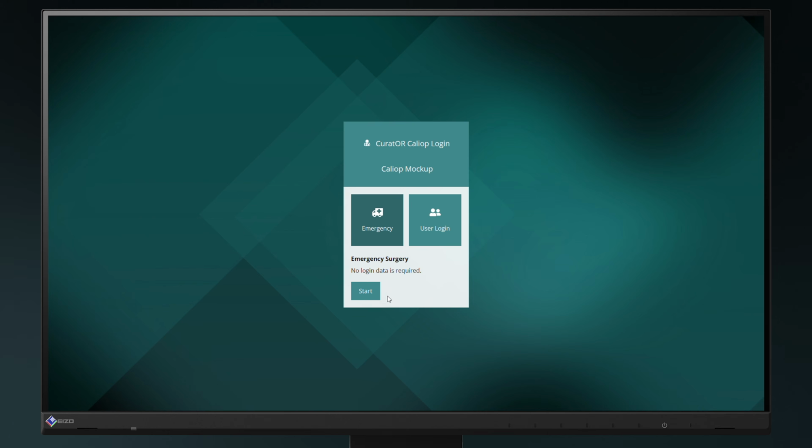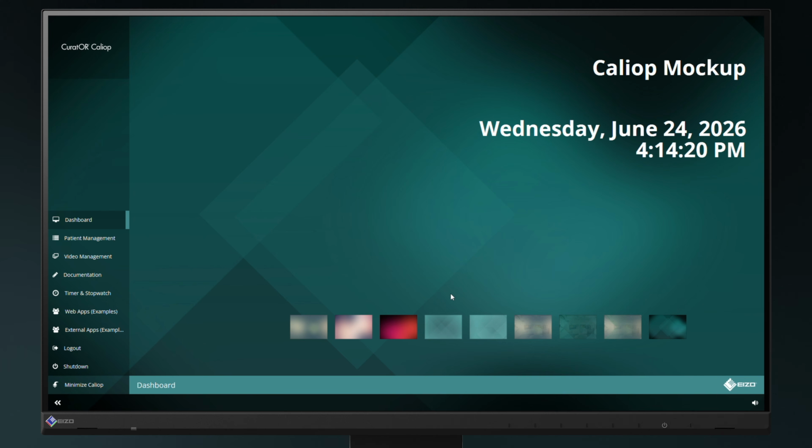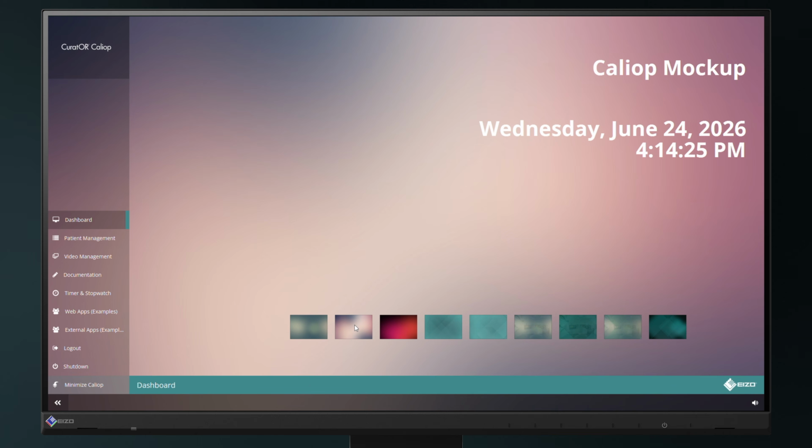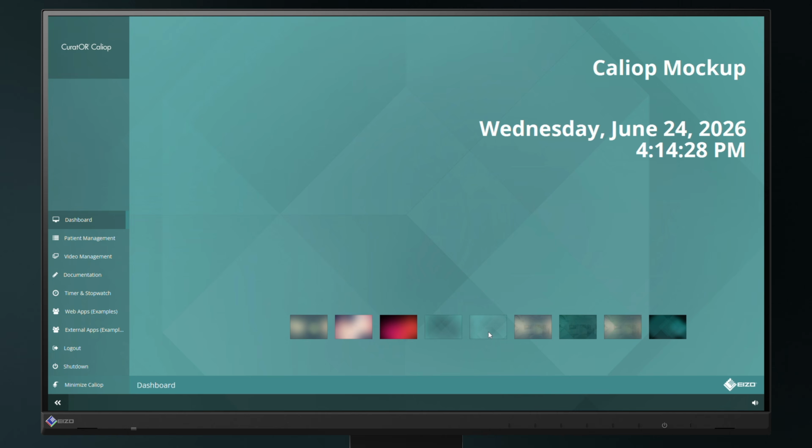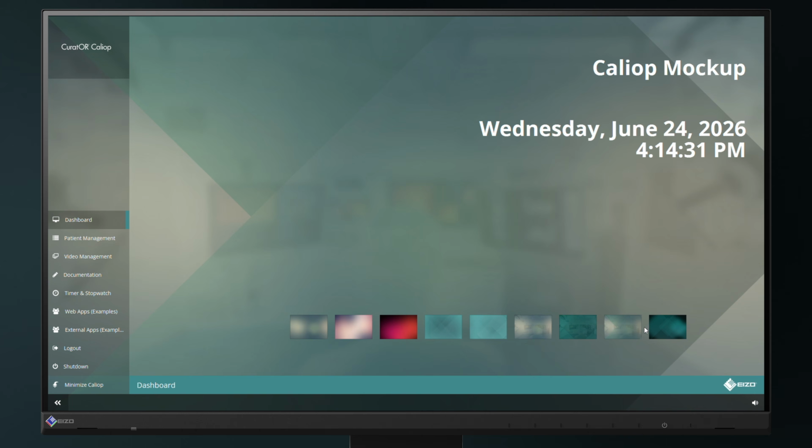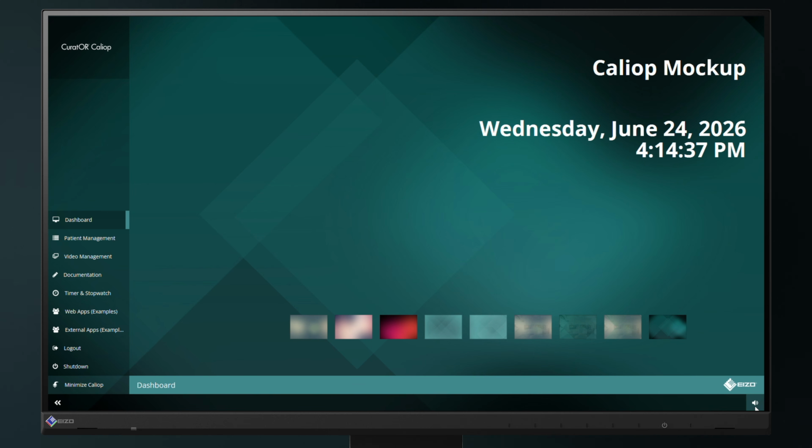Once the software is running, you'll be greeted by the dashboard, the startup screen for Caliop. Here you will see the name of the operating theatre, the hospital name, the current date, and the time, giving the OR team immediate orientation as soon as they arrive. The dashboard also allows you to select the background color theme so that different rooms can be easily differentiated by the background color. In the bottom right corner, you will find the volume control for any speakers or headsets connected